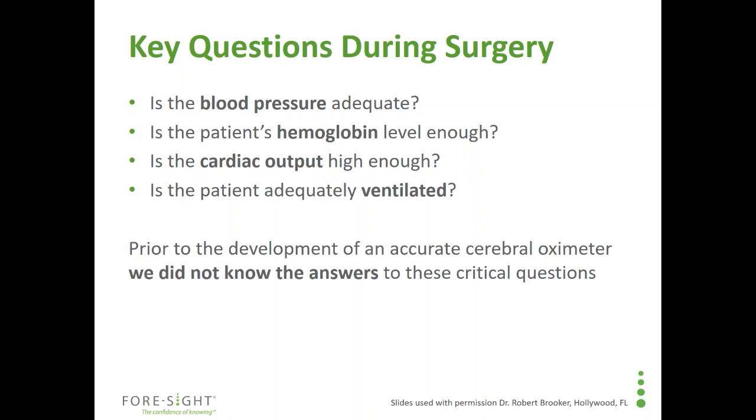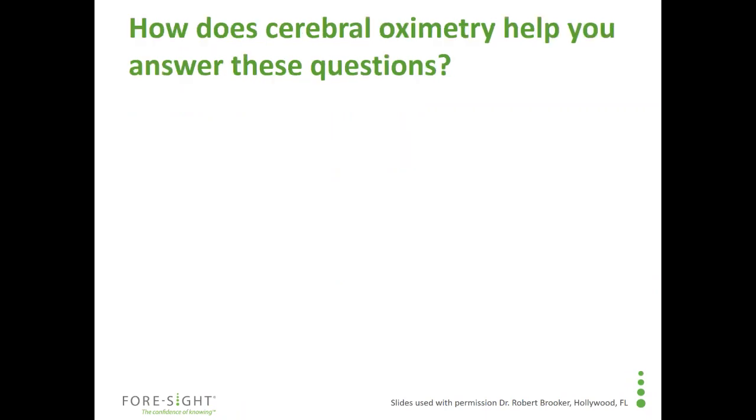So prior to having an accurate cerebral oximeter, we really didn't know what the right answers were. At most we were taking an educated guess based on institutional preference or historical data. And as we already talked about, the population of patients we're dealing with today are not the same as patients that were studied even 10 years ago. They're older and they're sicker and they have more comorbidity. All right, so getting back to the cerebral oximetry then,